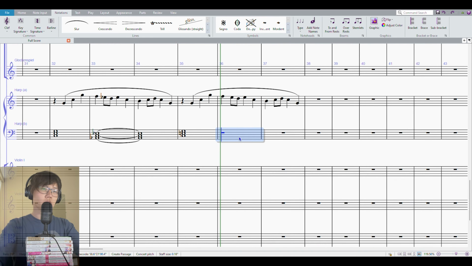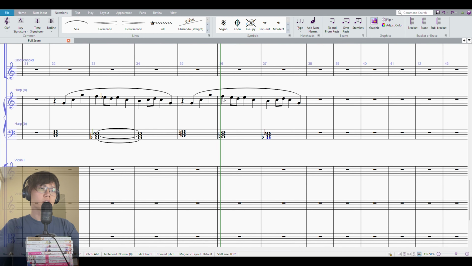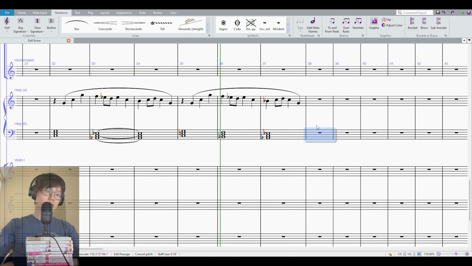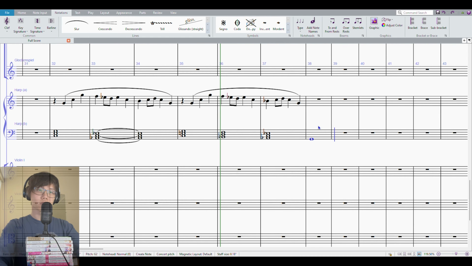So what if this time we do B flat and then A flat? That means E flats would have to be there, and then we'll have to use, let's do B flat this time, and we'll keep it A flat Lydian. And now we'll use this G, and let's go to,